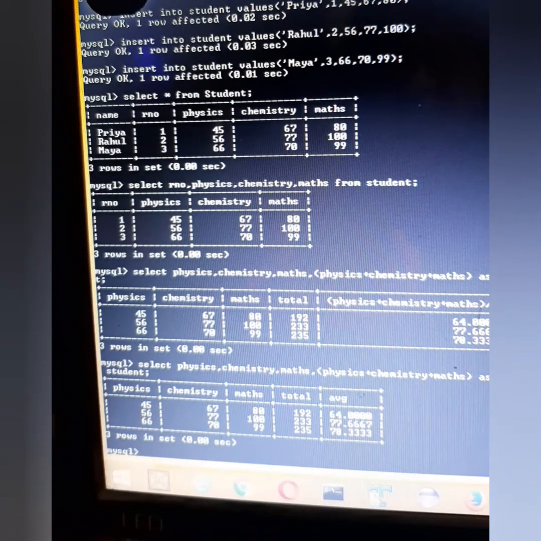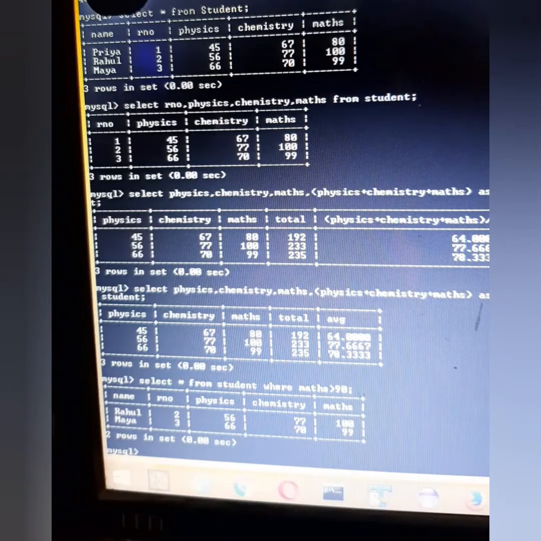Now suppose a command is given that we have to print only those records whose maths marks is greater than 90. So in select we can write select asterisk from student where maths greater than 90.